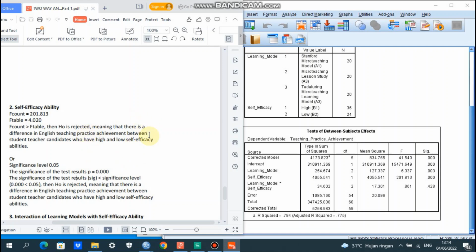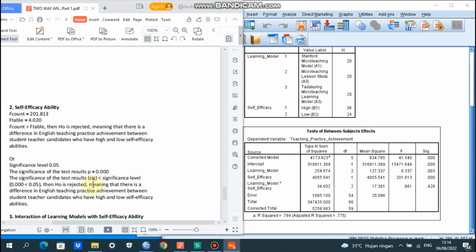So we can conclude that there is a significant difference in English teaching practice achievement between student-teacher candidates who have high and low self-efficacy abilities. Or if we want to use significance level 0.05, we can look at the significance of the test result, here 0.000.